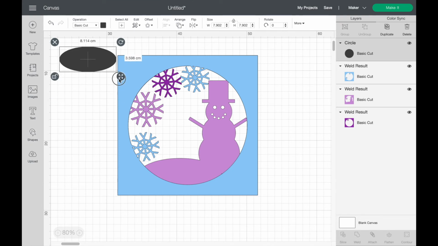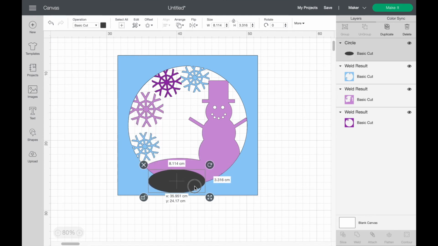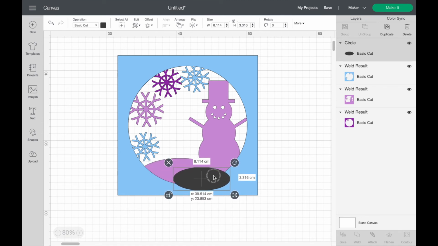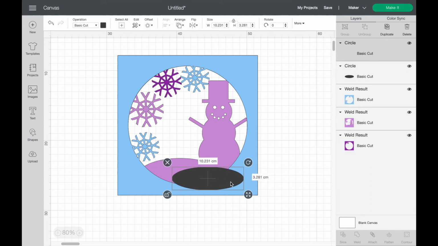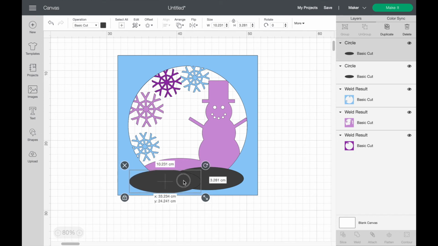Right, so now I'm just going to add a little bit of snow to the pale blue layer. This is going to be our front layer behind the mount in our shadow box. You just want to sort of play about with it really to get it in the right sort of place. I'm going to do two just so it gives a bit more character to it really. I could have just left it round, but